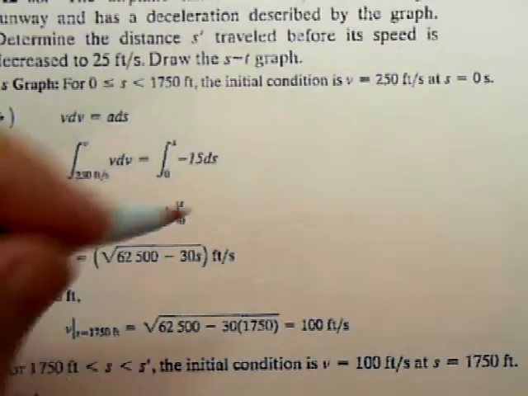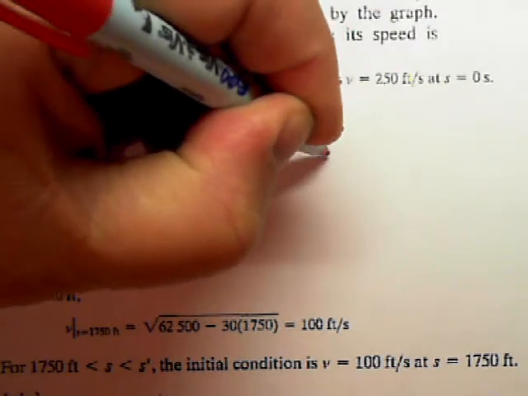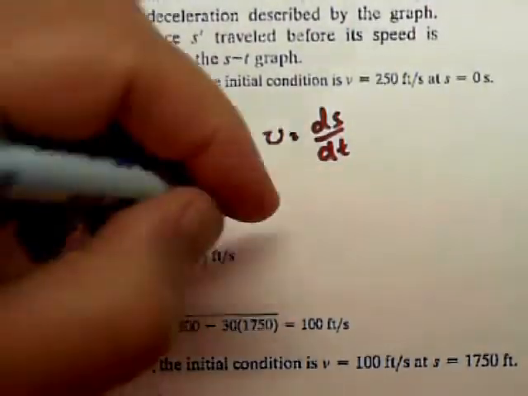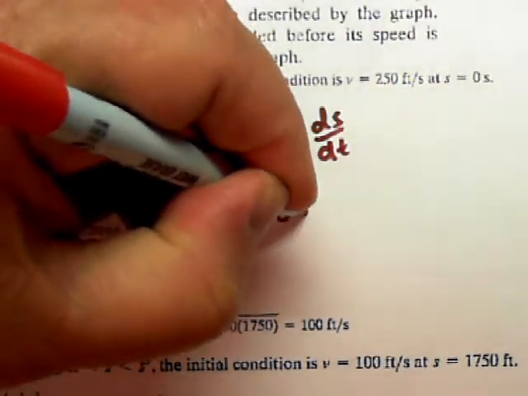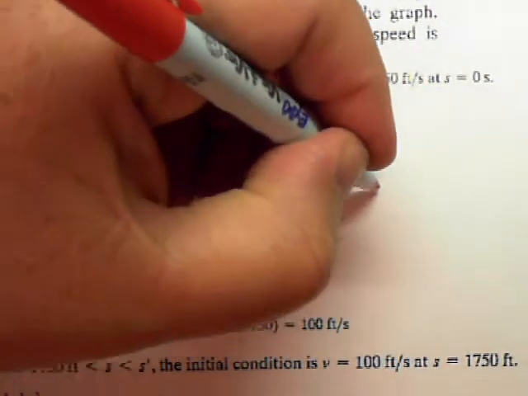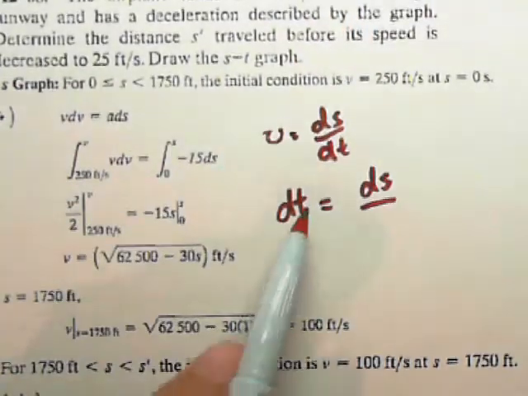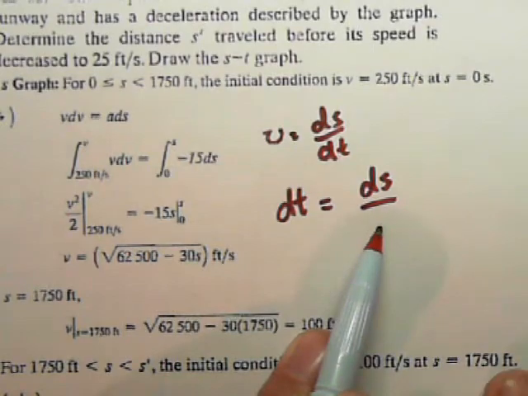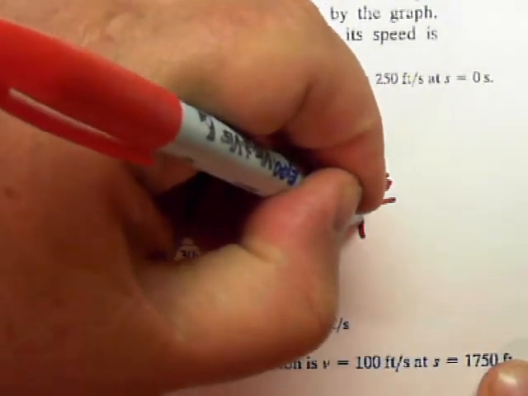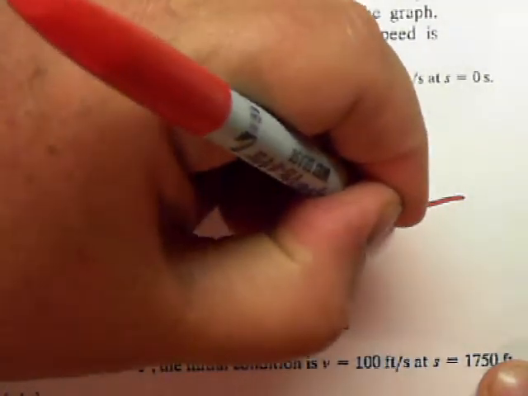And so given that v equals ds dt, and we know v of s, we'll take dt to the left-hand side and set that equal to ds over v, and let's write that in, since we know v of s, as the square root of 62,500